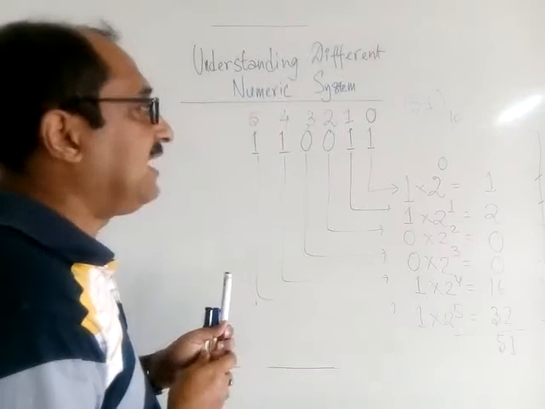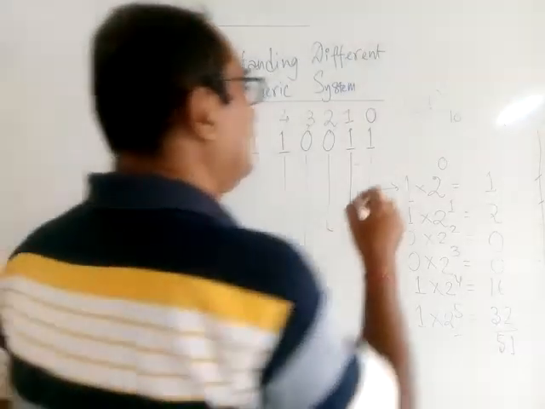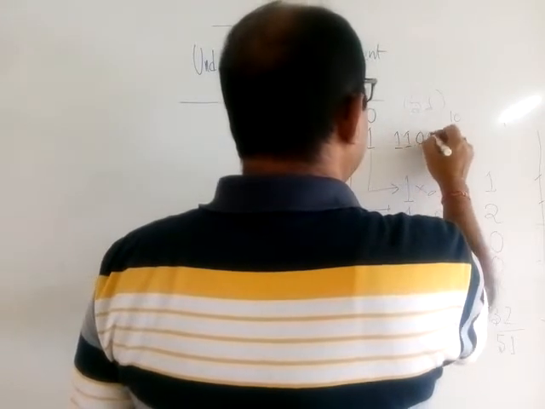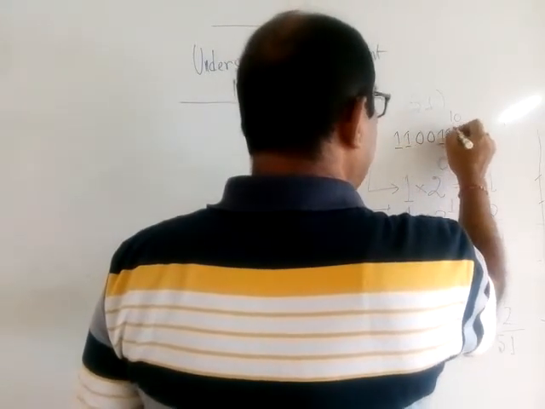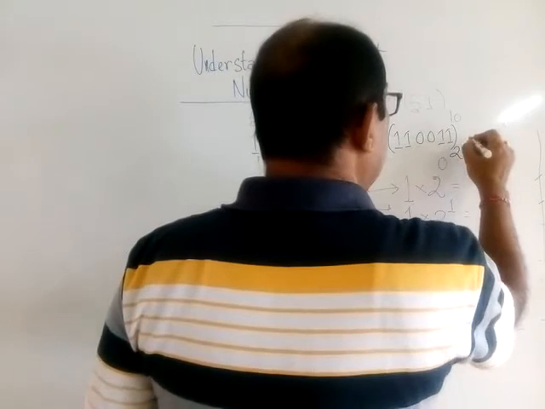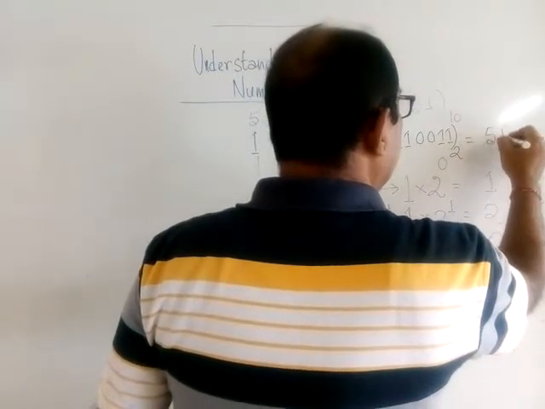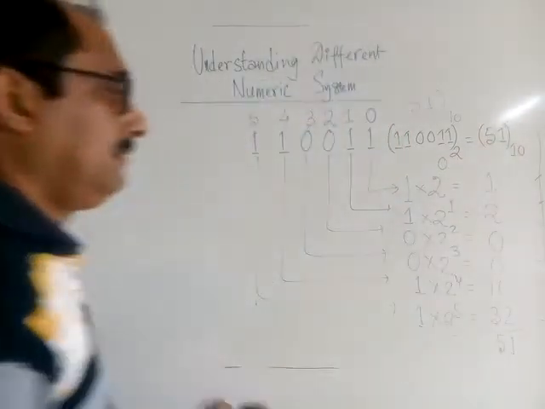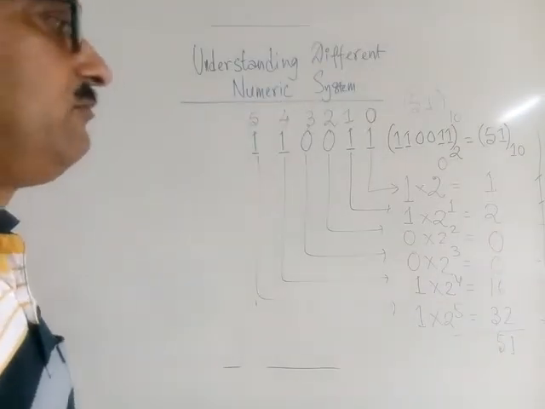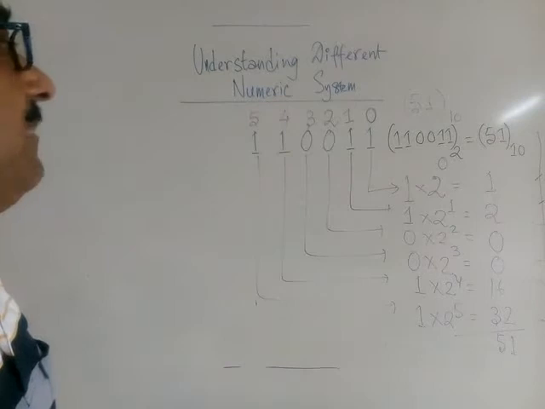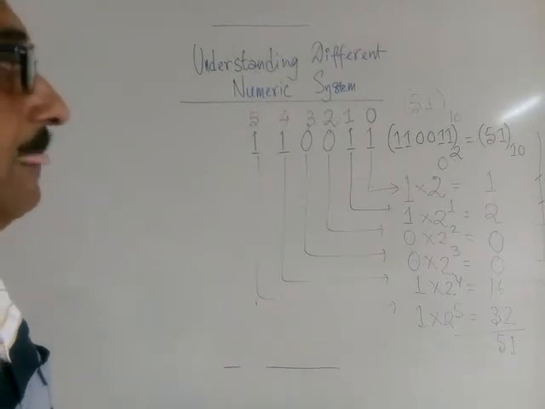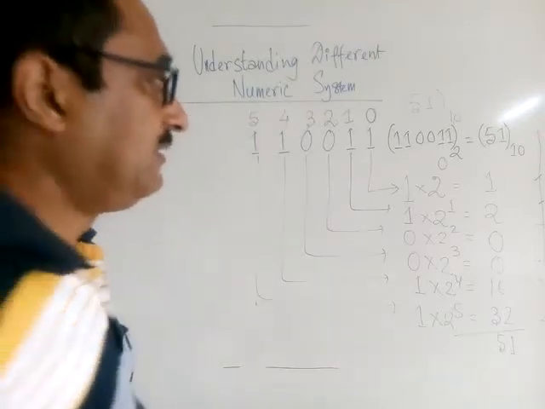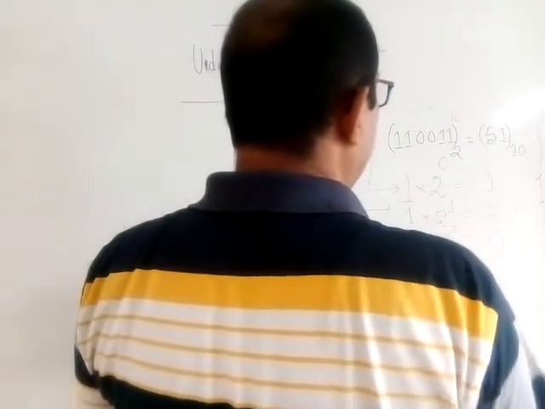So while writing the answer, how do I write? I will write 110011. What is given to me is the binary number, and this is equivalent to, I got my result 51 in decimal number. Okay, that is how we find binary to decimal. Now here also we can have decimal points. For example, this is given to me, fine,